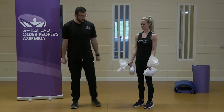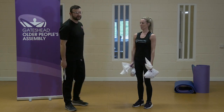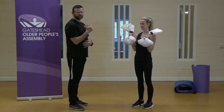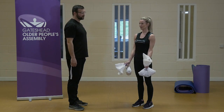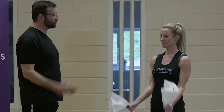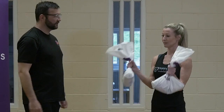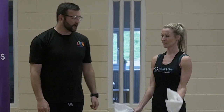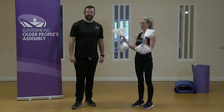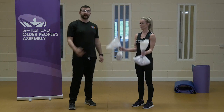So our first exercise, hands down by your side, bicep curl, you're just going to bring your hands up towards your shoulders, keeping your elbows tucked in by your side all the time. Some of the common mistakes we see is people letting their elbows travel forwards or not bringing their hands up high enough. For aims, you want to try and do 15 reps. If you find that it is quite easy to do 15 reps, you might want to add some extra tins